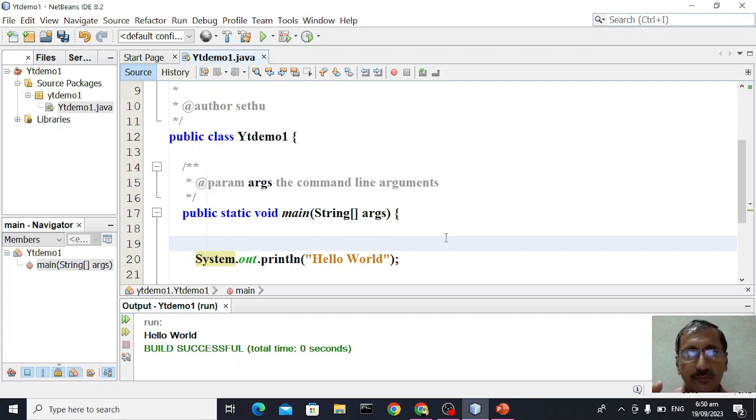Now a problem domain has to represent so many types of data. It's not a single monotonous way of representing data. Different kinds of data are there. That is why we go for different data types. Every language supports different data types: integer, one character, a real number, a collection of characters called string, or a complex data type, whatever it is. So when a problem domain needs different types of data, we need data types.